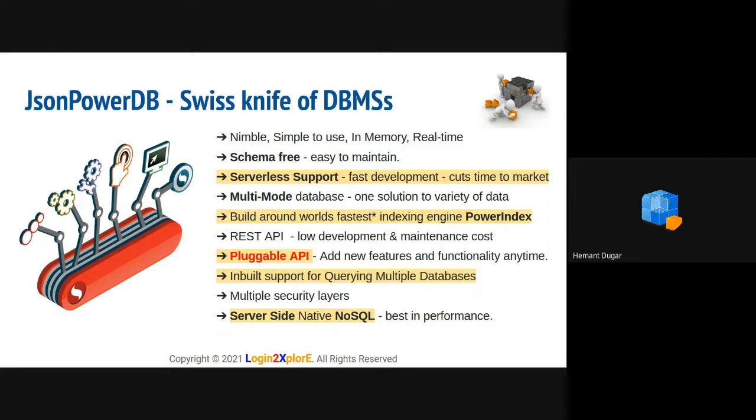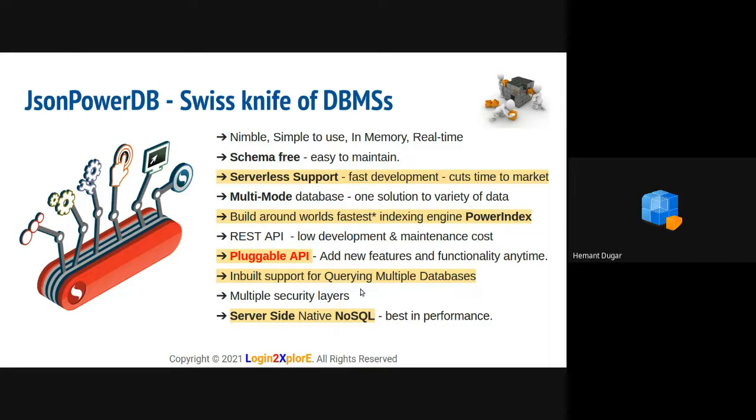So if JSON PowerDB is running somewhere, you can create your own API command and just plug it into the database, and it will start working. We'll see a small demo of this pluggable feature, and going forward, we'll also see advanced features of pluggable API. Currently, Umang is working on developing Drive pluggable APIs where you can upload files, pictures, download files, pictures, and many other such features inside JSON PowerDB using pluggable API.